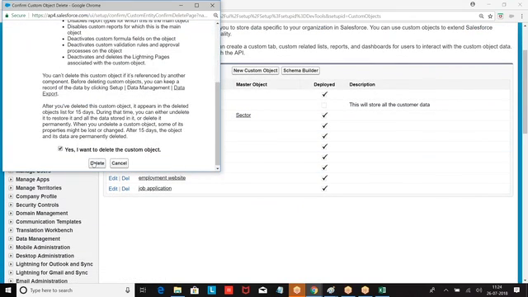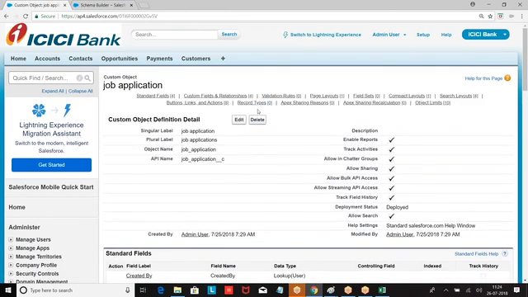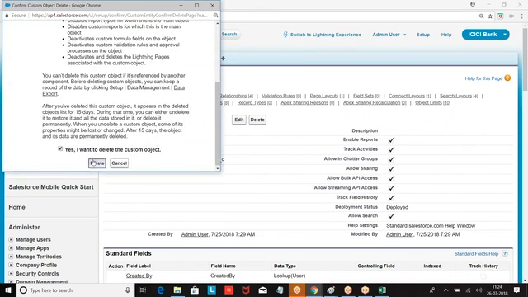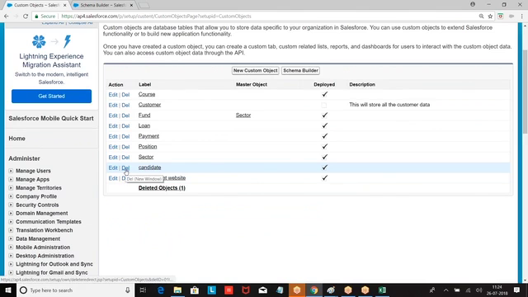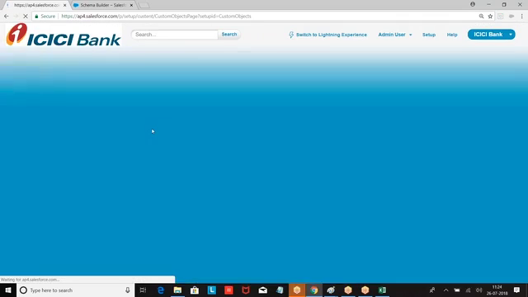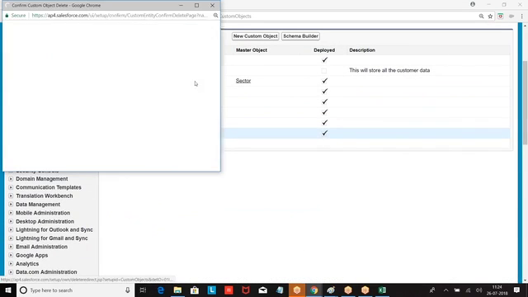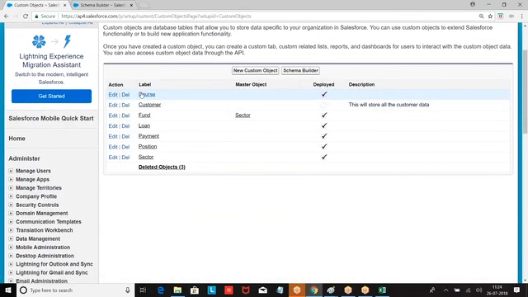Let us go to this. While creating, at least create with the proper terminology. So, course, customer, fund, loan, payment, position, sector.